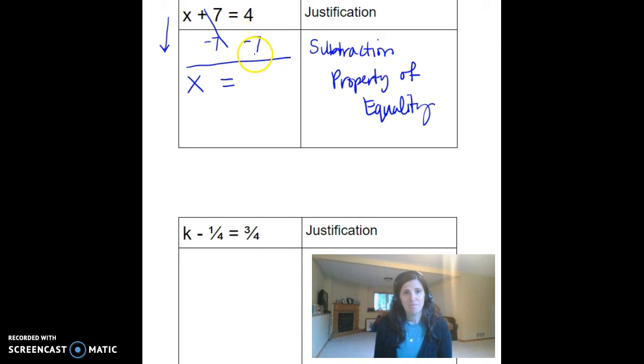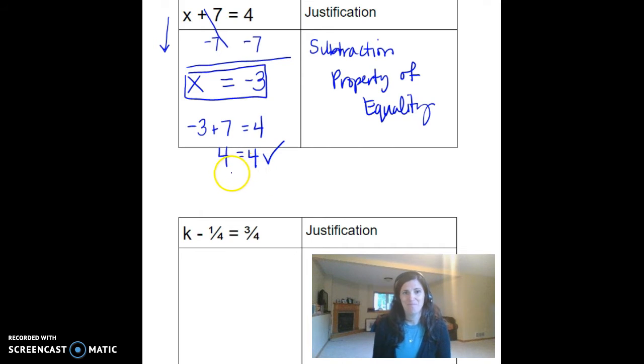4 minus 7. 4 is a positive number. 4 minus 7 means to move 7 spaces to the left on our number line. So we're going to end up with negative 3 as our solution. It's always a good practice to check your answer in the original equation, and we do that by plugging in the value we found in for the variable. So instead of x plus 7 equals 4, we're going to have negative 3 plus 7 equals 4. And if you do that math, negative 3 plus 7 indeed is 4, so we have checked our answer and